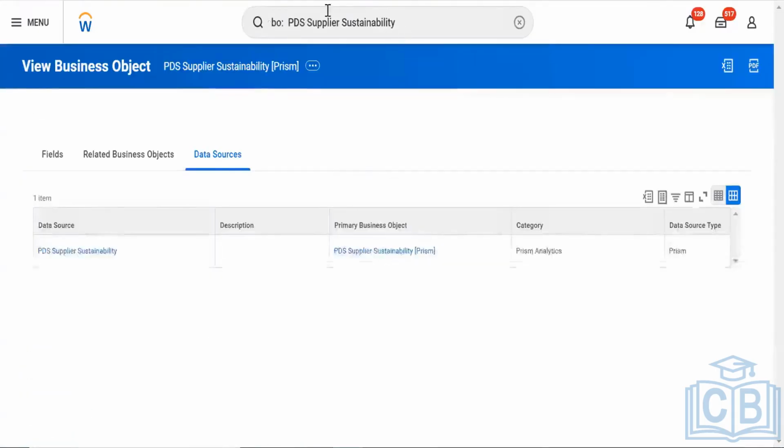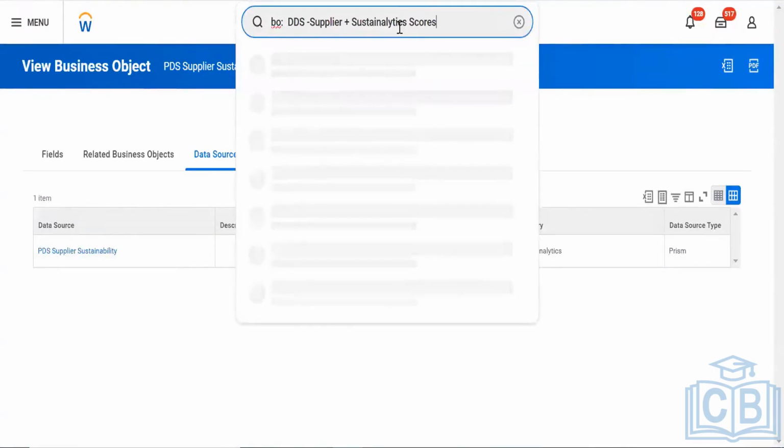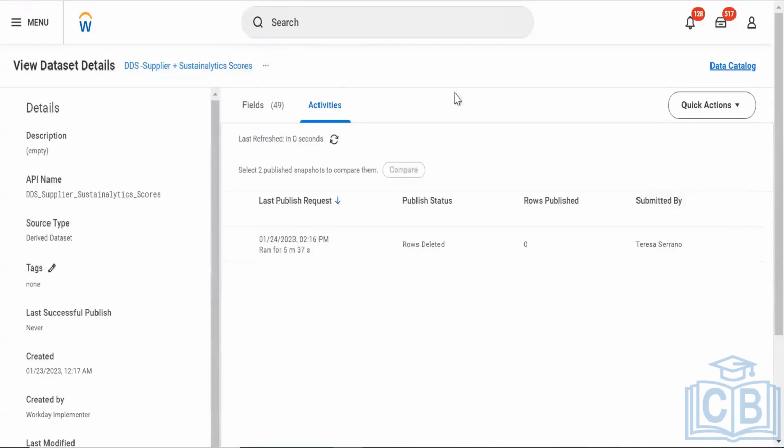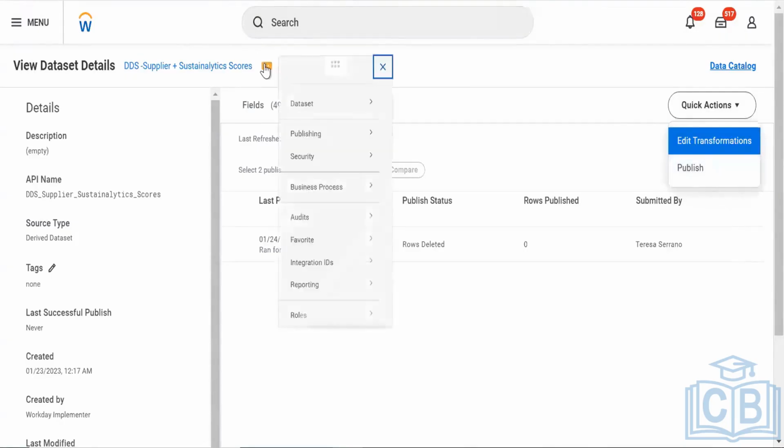I will go here and search. I'm not getting any data. Now what I will do is publish it. There are two ways. One is quick action and go to publish. Otherwise, I can go to these three dots, related actions, and go to publish and publish data set.